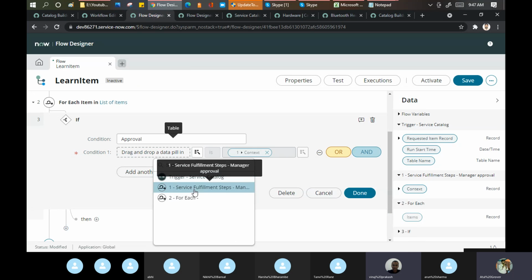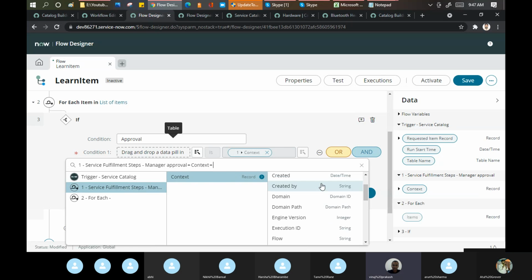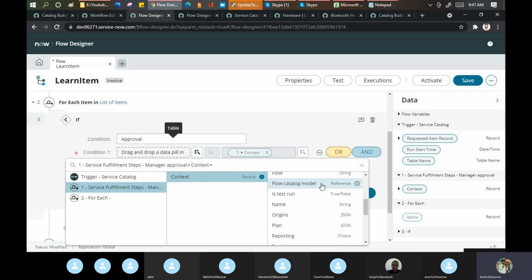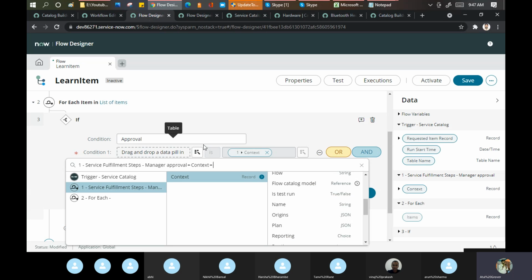So Atul, are all the existing workflows that come out of the box designed in the workflow or the flow designer? It depends. In the Quebec or Rome release, especially Rome, they moved the change workflow into the flow designer this way. But you can still find something here as well. From the ServiceNow perspective, they are slowly bringing things into the flow designer now.